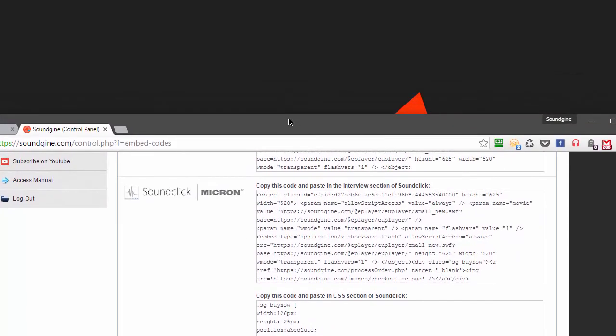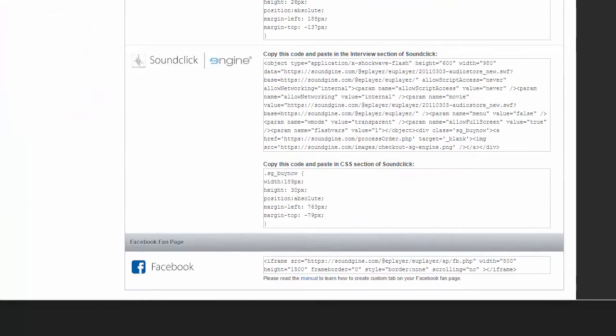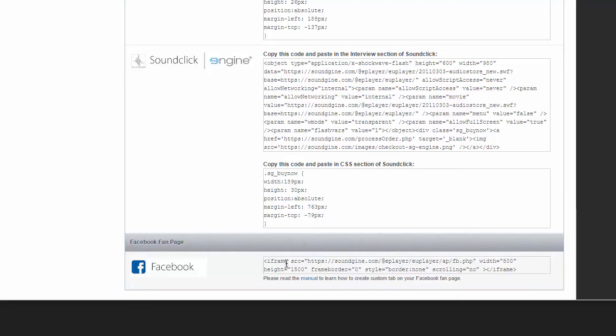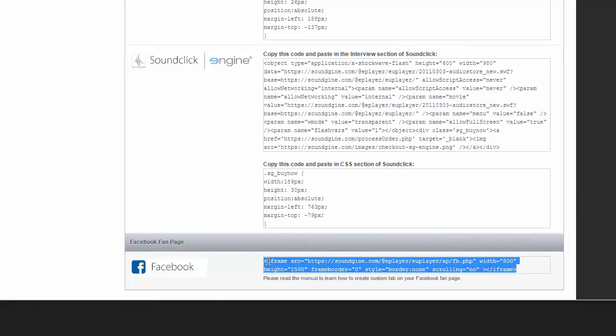Let me show you, close this window. And then it's all the way at the bottom, and what you want to do is just select it. A lot of times people don't select it right. Okay, maybe it does select everything automatically. So you want to right click and you want to copy. And then now you're ready to